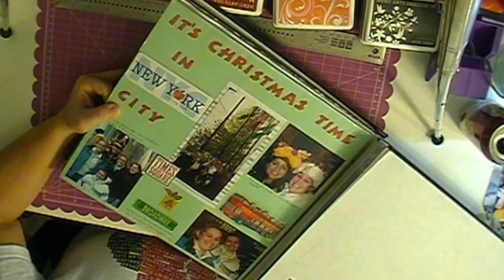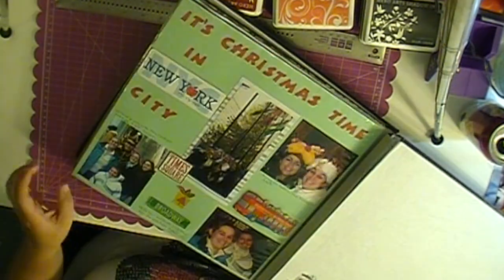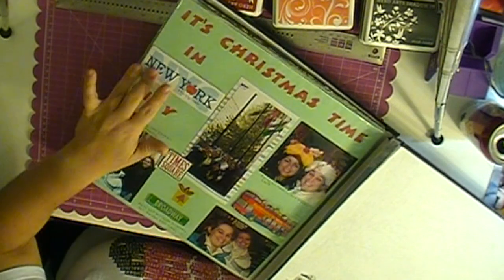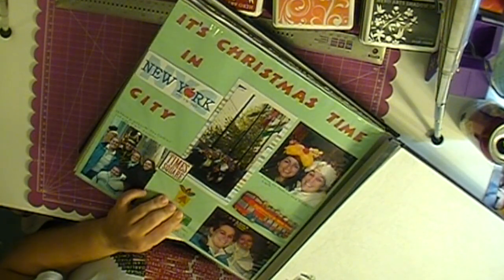And then this is, oh, I'm so sorry about the tripod. And then this is my last layout in this album. This had to be Christmas of 2006. We went to school in Connecticut, and so we were only a train ride away from New York City. So every year we'd go to New York City, but you can see the random embellishments, and it's totally not the same style now, but